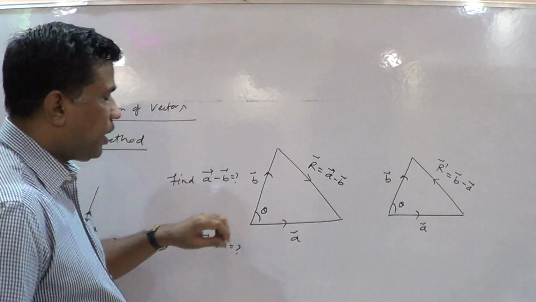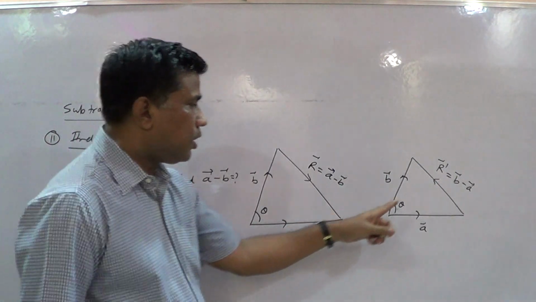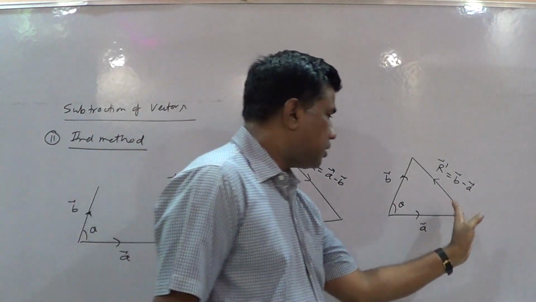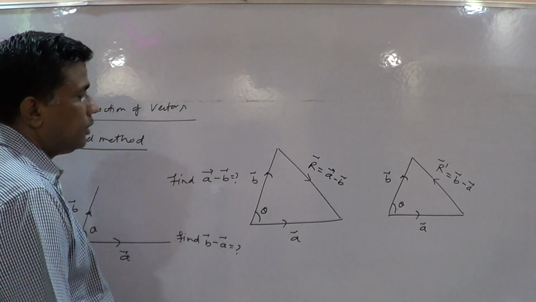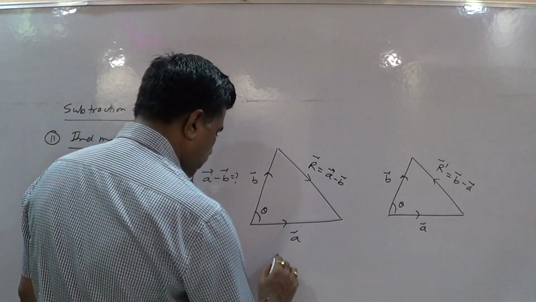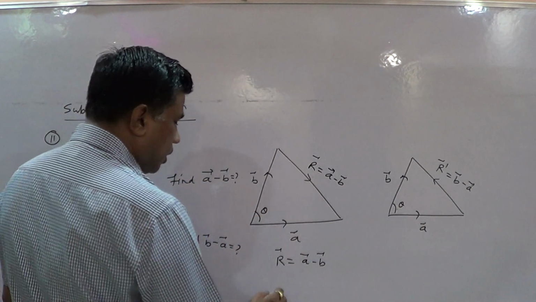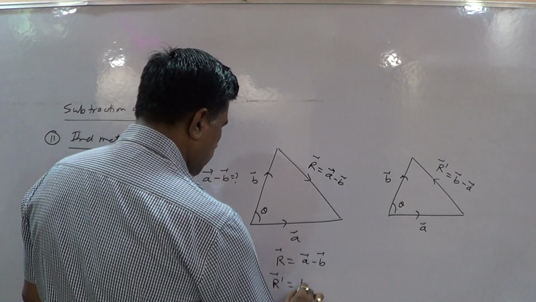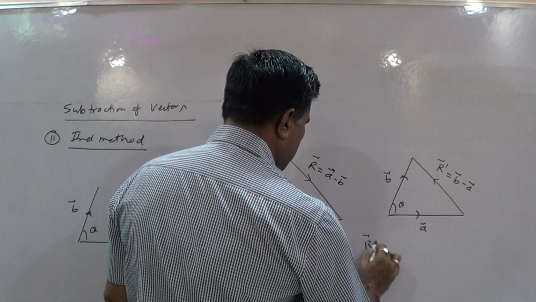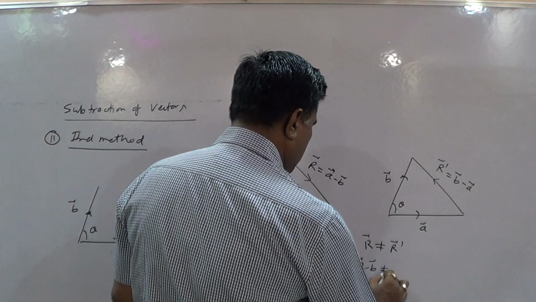Students, now we can conclude from these two diagrams that the direction of A minus B is not similar to the direction of B minus A. One is downward, one is upward, slightly; both are downward and upward. Means their direction is not similar. So one can say this vector R, which is equal to A minus B, is not equal to this vector R dash, which is equal to B minus A. So these two vectors are not equal. So we can write this vector R is not equal to R dash. So vector A minus B is not equal to vector B minus A.